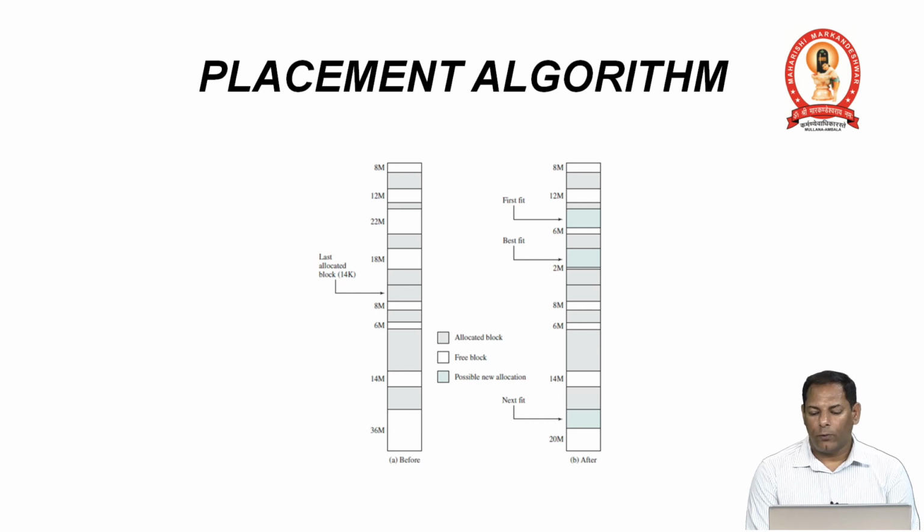In case of first fit, the first free block which can accommodate this process is used, so the 6 MB is allocated in this partition. From the 12 MB of space, 6 MB is used and 6 MB is free. In case of best fit, we select the partition where wastage is minimum. And in case of next fit, we will allocate this space